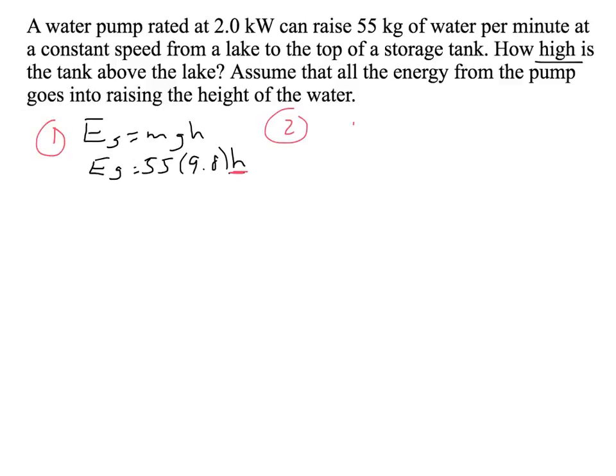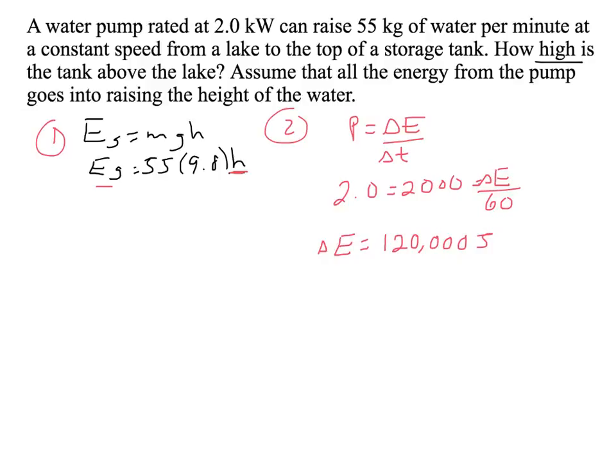Equation 2, power equals change in energy over time. Okay. And keep in mind this energy will be that energy there. Now we know 2.0 kilowatts is going to give us 2,000 watts. And that's going to equal E over our t, which is 60 seconds because it's 1 minute. And that's going to give us an E value of 120,000